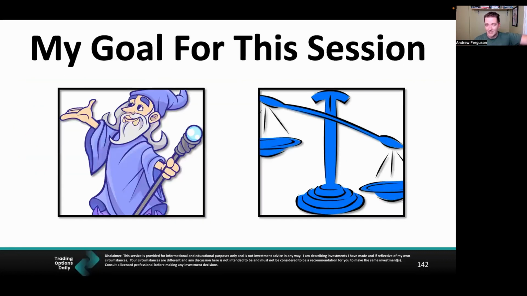So my goal for this session is to turn you into a charting wizard, going from Gandalf the Grey in Lord of the Rings to Gandalf the White. You're coming back bigger, better, with more powers. We want to tip the scales a bit further in your direction, give you a bit better chance of making